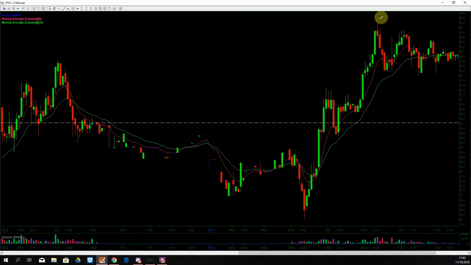So here we're looking at a pattern. Again, we hit a high of about 44.40. It's flagging out quite nicely on a longer term flag. Usually I like flags to be more short term, but this is a perfect flag on a longer term basis. The pink line you're looking at here is a 9 EMA and the green line is a 20 EMA. Now I like to use these in terms of an EMA crossover,